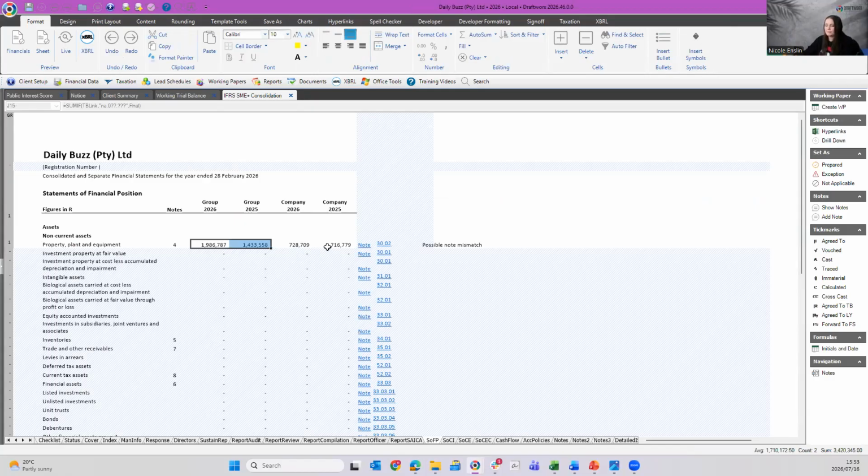If I need my holdings or my subsidiaries to be adjusted on a trial balance line entry scenario, I need to go back to the source file, process the journals in the individual file, and then